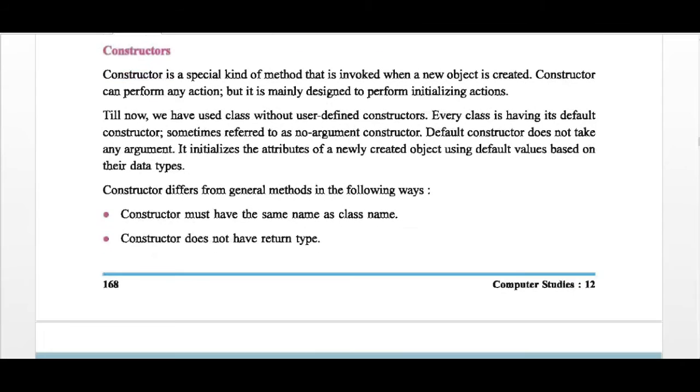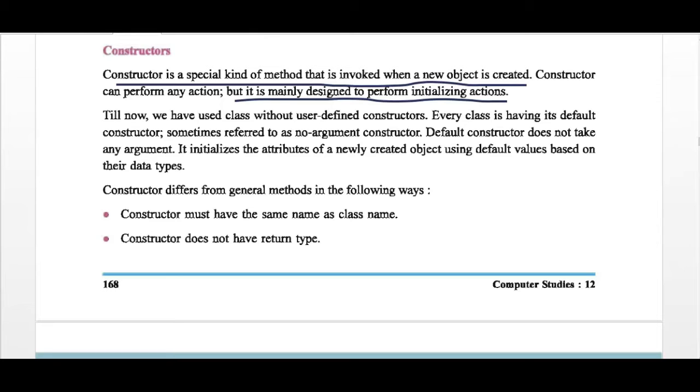Now constructor. A constructor is a special kind of method that is invoked when a new object is created. A constructor can perform any action, but remember, it is mainly designed to perform initializing actions. So if you want to initialize any variable, then you can use a constructor.